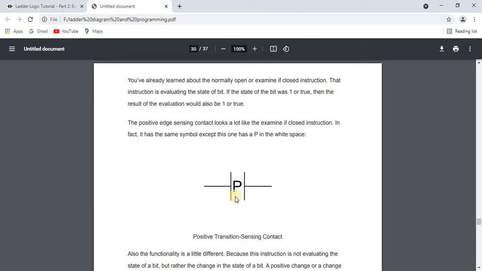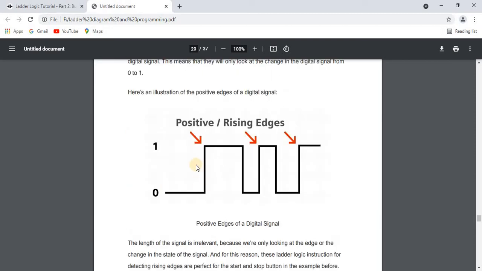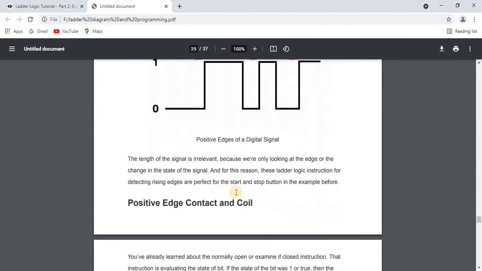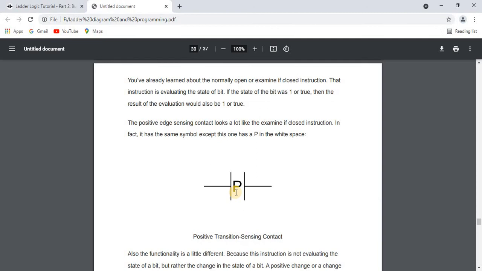So a positive change, or a change from 0 to 1, to be quite specific. Now since this instruction is only looking at a change in the state of a bit, it will only evaluate to true for one scan time.